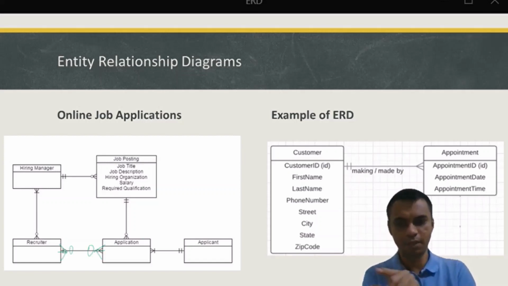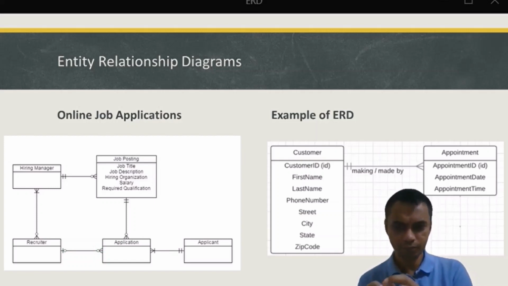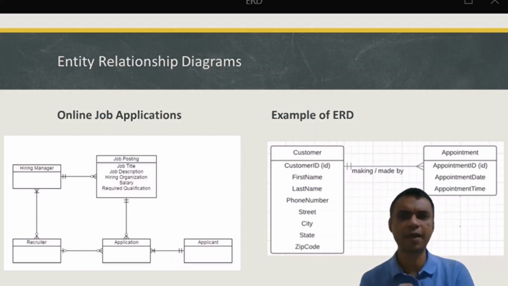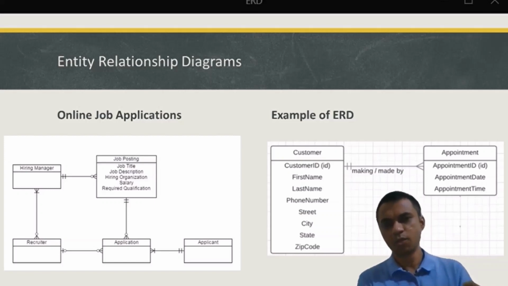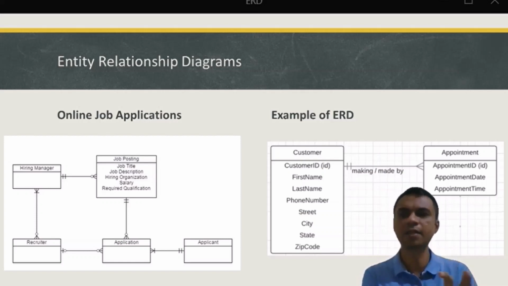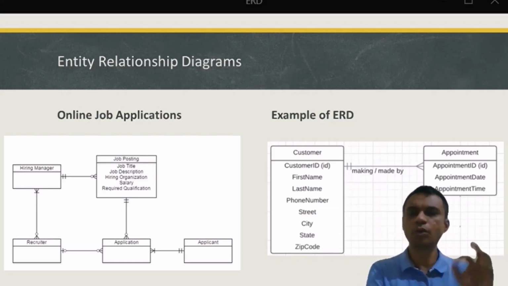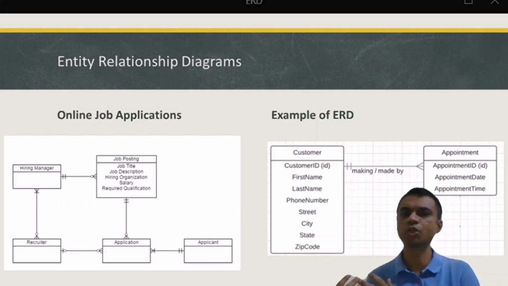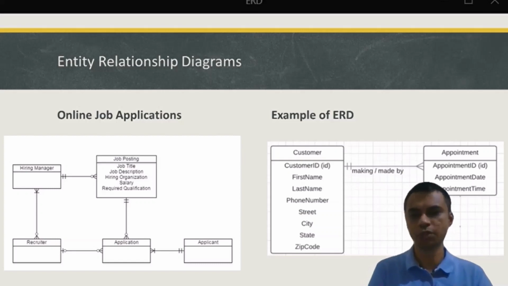Whereas here in the drawing, what I have is, it is optional on both sides, many applications, but only one recruiter. So depending on how I specify these small changes in the diagram, they will create big impact on the business. I mean, they are basically trying to reflect the reality of the business. So I need to be very careful when I am making these small changes and design the relationships to depict reality, so that my subsequent IT solution also depicts the reality and it doesn't suddenly go into issues.